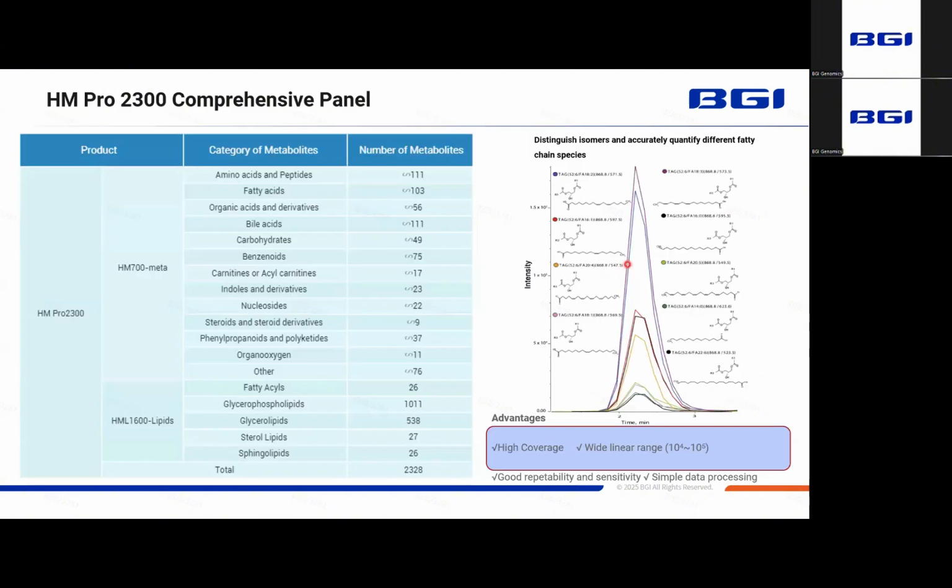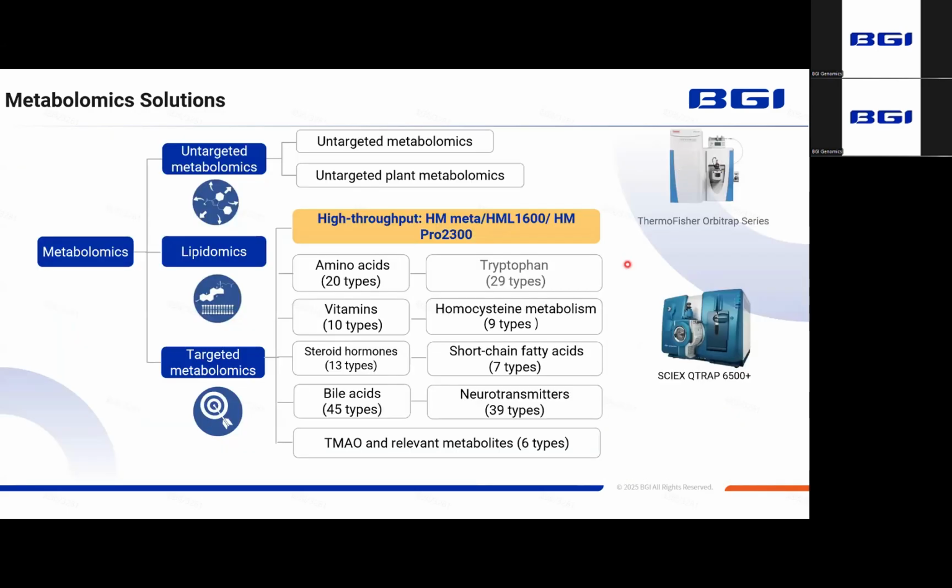The semi-targeted metabolomics uses several internal standards and can calculate the concentration like normal targeted, but it is more widely set up for screening like untargeted. The HM Pro panel at BGI is a representative. It covers 1,000 metabolites and 700 lipids. Researchers can get all these identified and quantified at once.